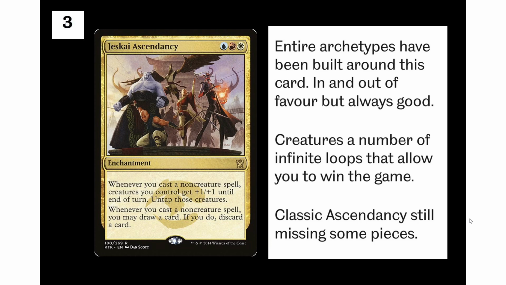It creates a number of pseudo-infinite loops that allow you to win the game. The Ascendancy decks have been popular in Pioneer, so I am looking forward to seeing if it can make a splash in Explorer. It's a little out of favour at the moment, but always worth paying attention to, and certainly one of the